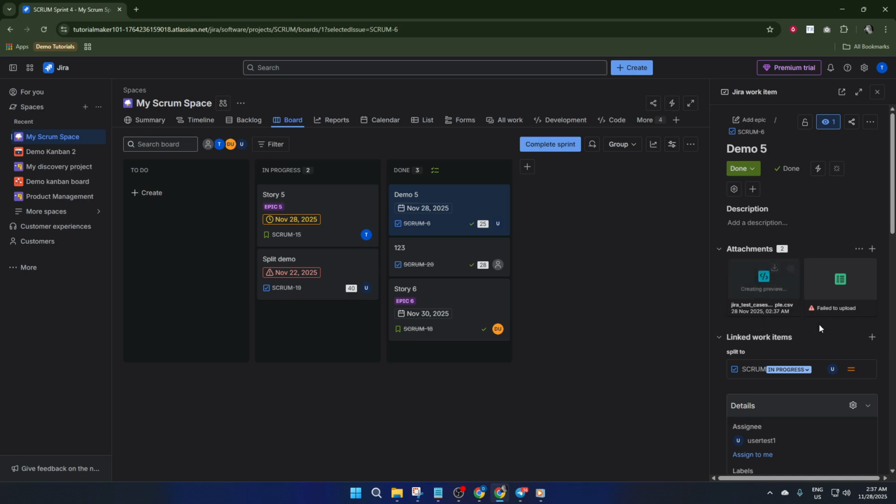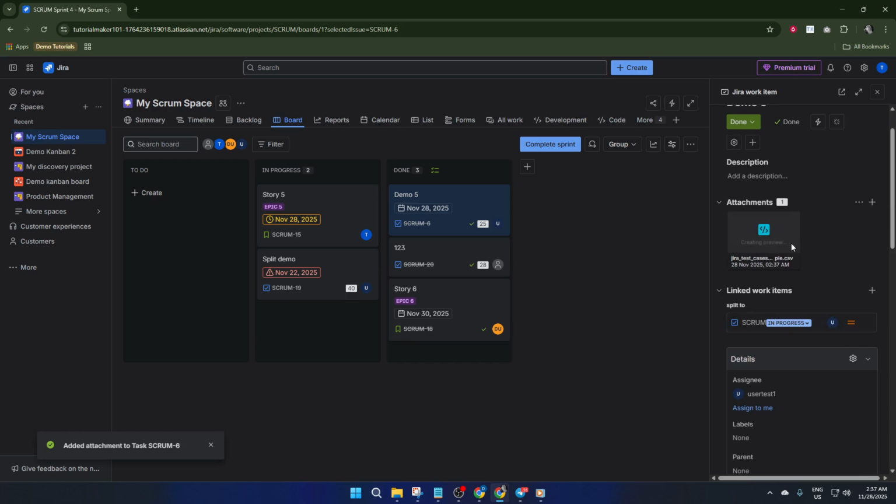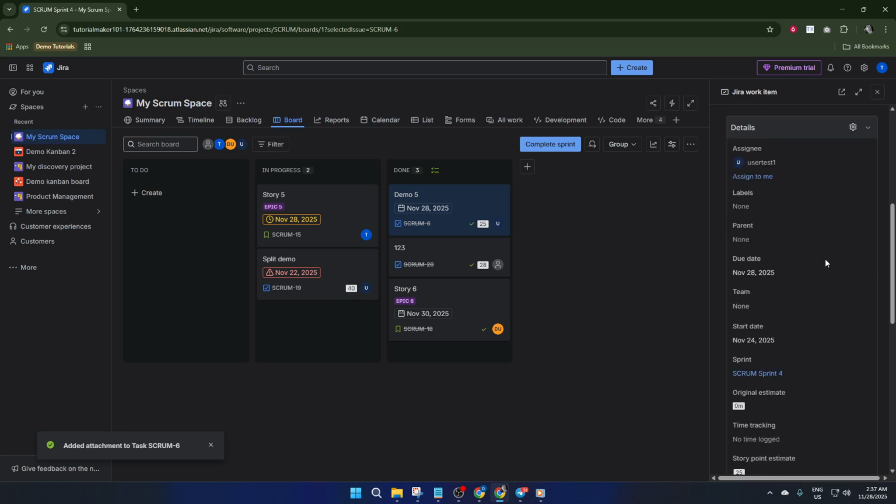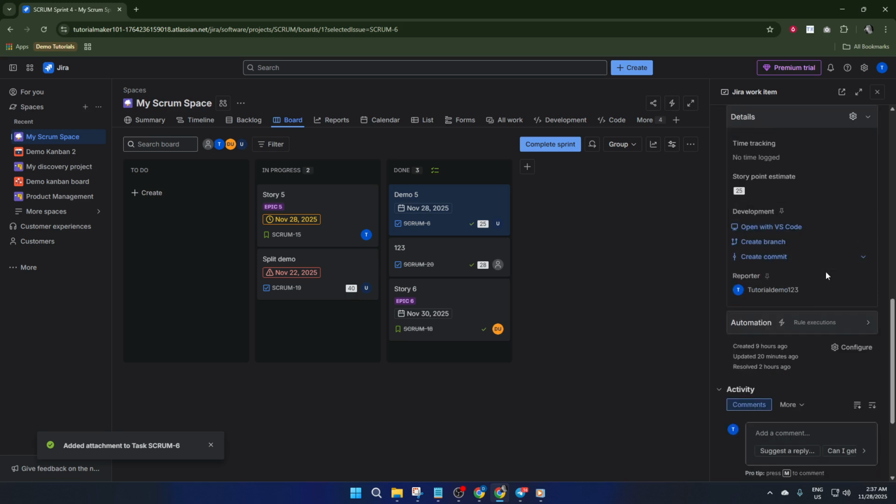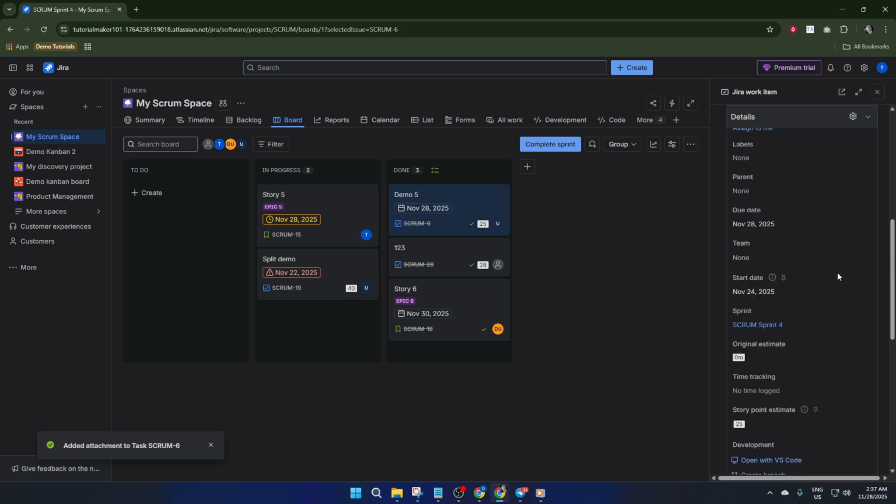It's really that simple. Remember, once the files are uploaded, anyone who has access to that Jira issue can see them, download them, or even update them as the work progresses. So double-check that you're not uploading anything sensitive or in the wrong place. And if you ever need to remove an attachment, just use the little trash can icon next to the file